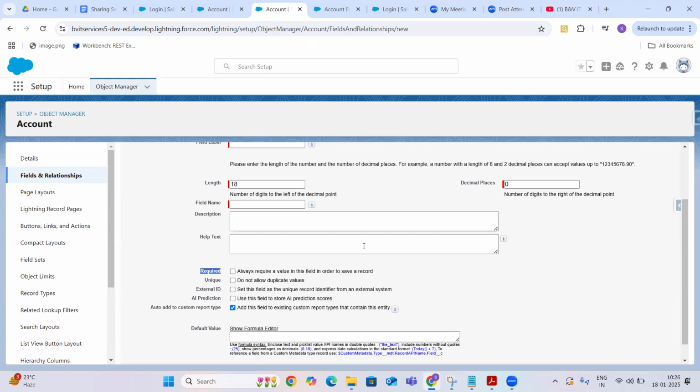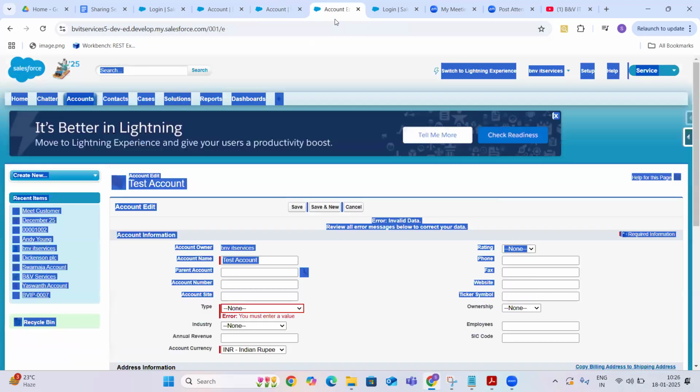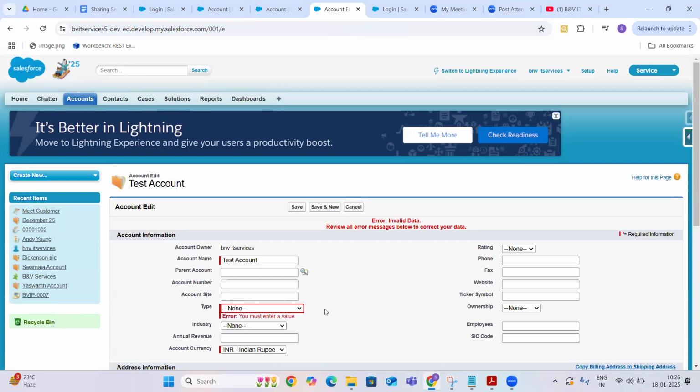That's the reason we will never make this required at the field level. We always make fields required at the page layout level, so that whenever they create the account from Salesforce pages, the page layout level requirement will apply.